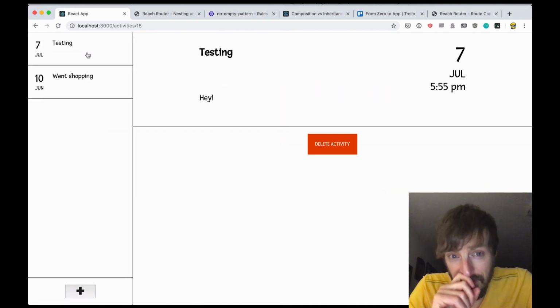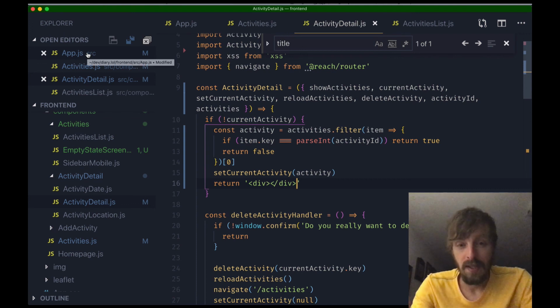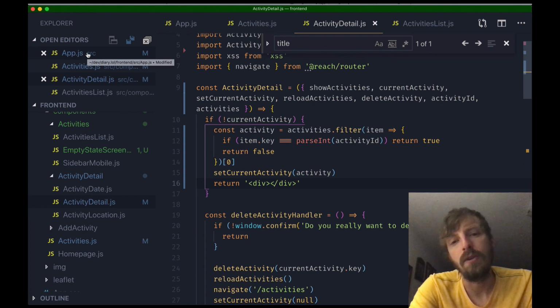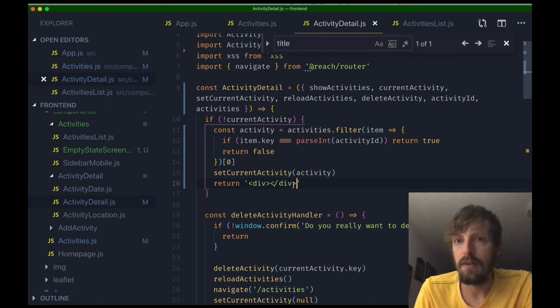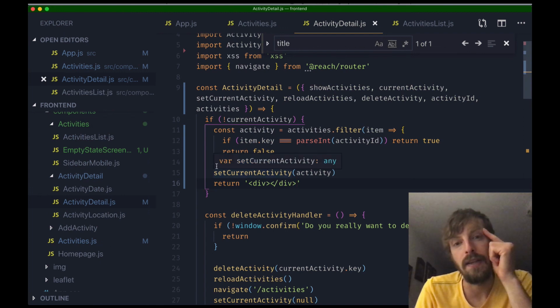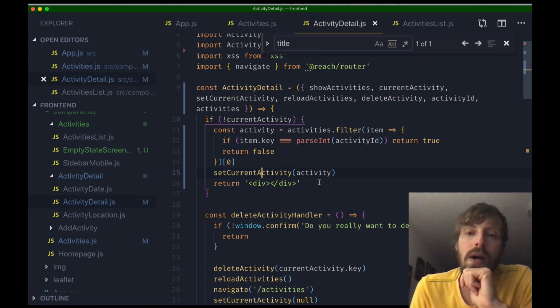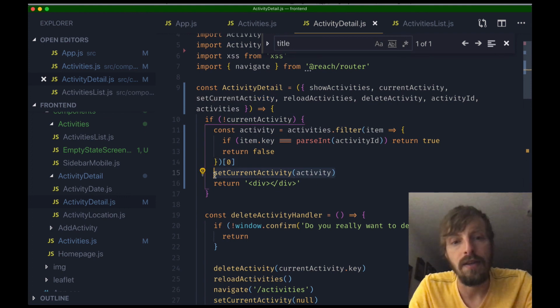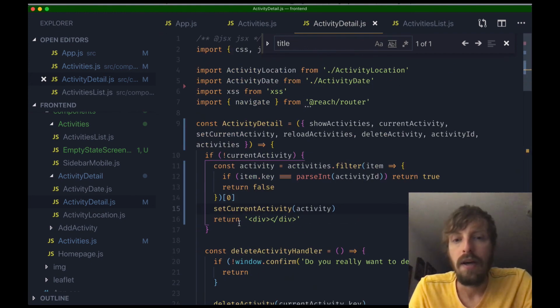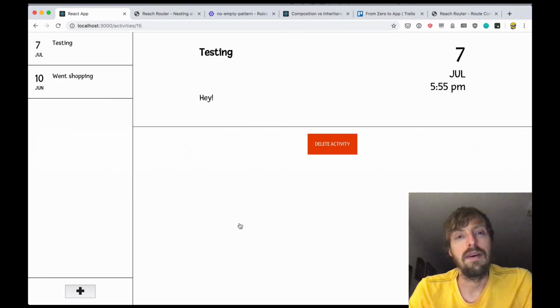So what I did was this, basically. Previously it was working because I returned the empty component from here, the empty state screen component, after I set current activity. But now I was setting the current activity and I wasn't returning anything. So the rest of the component was going on, assuming that there was a current activity. So now I fixed this problem, and yeah,